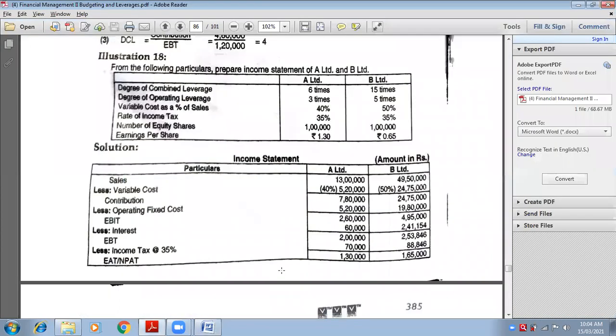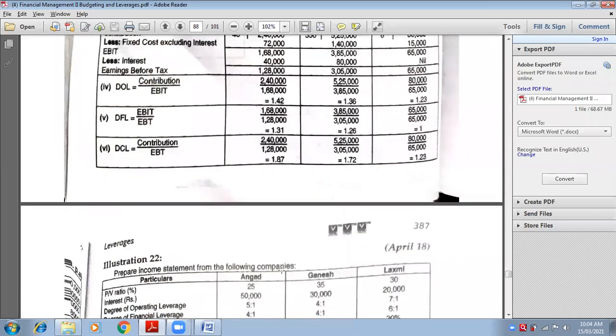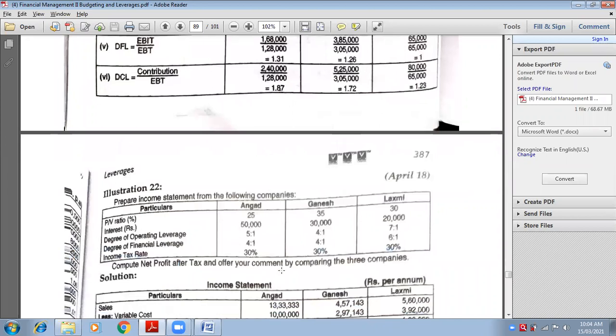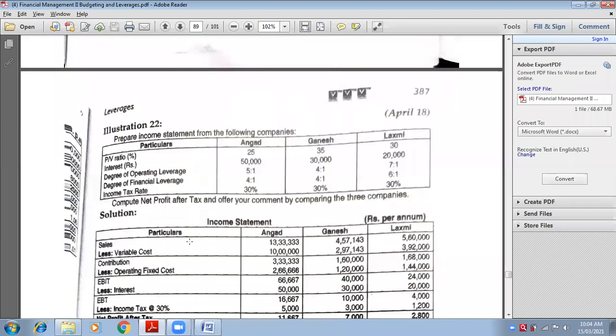Now we will start with the next question, but only 4 minutes are there in the meeting. So just let me tell you which question we are going to solve. It is very easy, in fact. This is the 22nd sum that is left over. I think it is the last question that I told you. Yes, only two sums were pending that day, 18th and 22nd. So 18th we have done now, and 22nd we are going to do now.